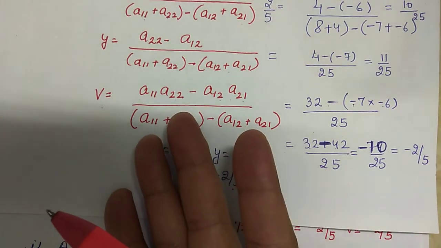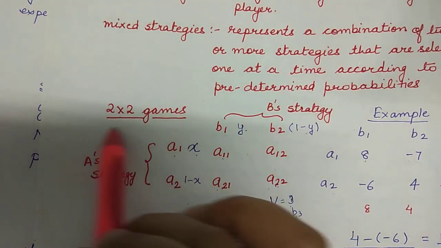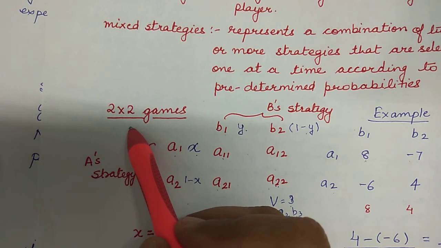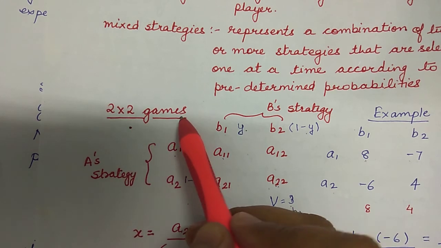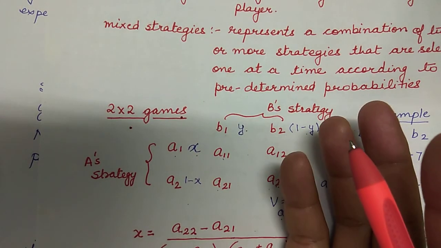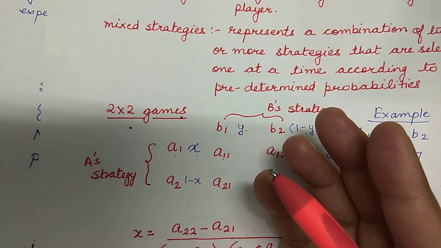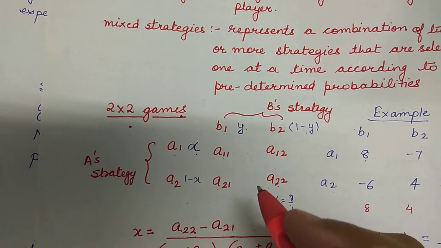You can choose any of the methods. You can use formulas also, or you can calculate with the help of equations. But this is how we solve a 2 cross 2 game when the saddle point does not exist. Now if the matrix is not of 2 cross 2 size and also the saddle point is not there, then how will we solve it? Then we will use the dominance rule. And there is one more method, the fourth method, called the graphical method. We will discuss these methods in our next video. Till then, take care.